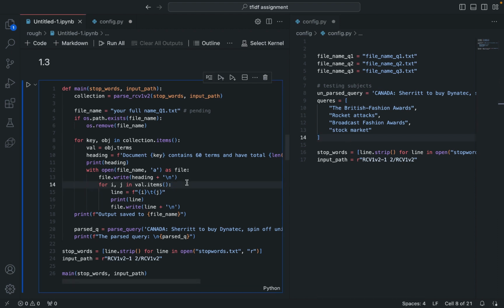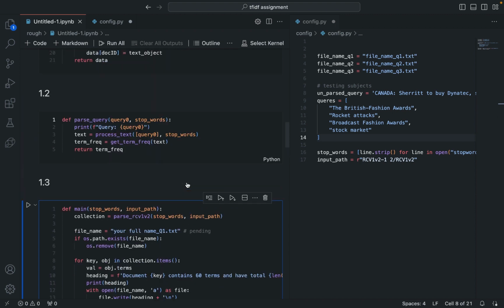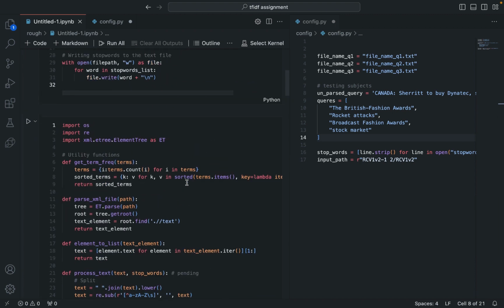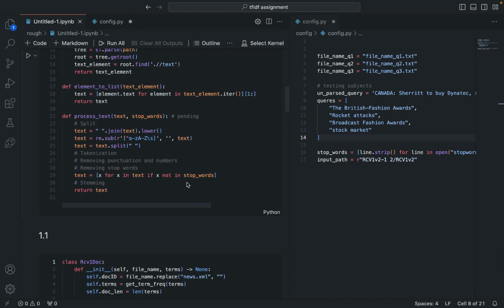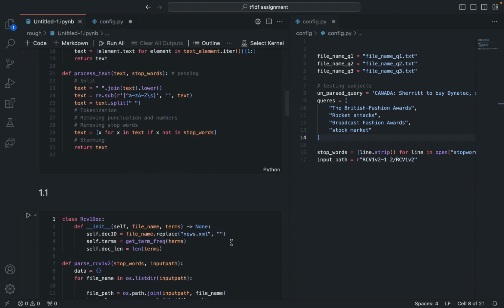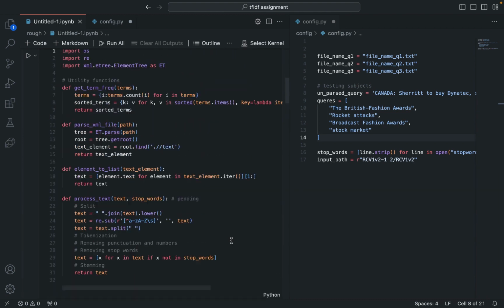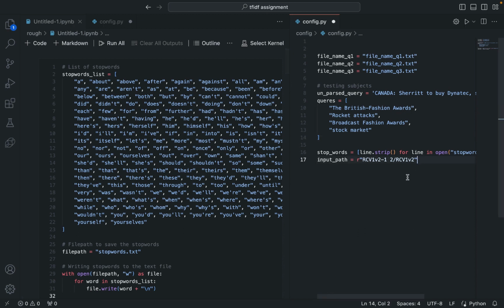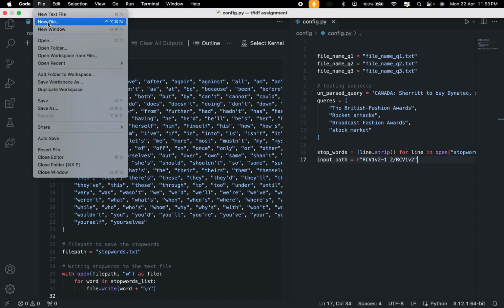That should do it. Okay, so I guess that's pretty much it for our config file for now. Yeah, that's pretty much it for now. So let's save this. Now I'm going to create one more file